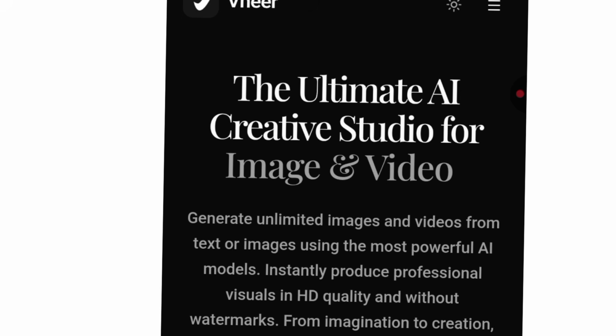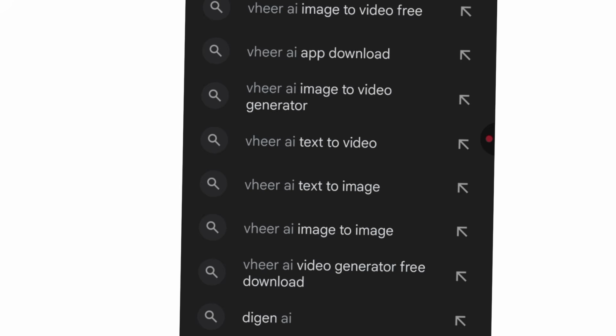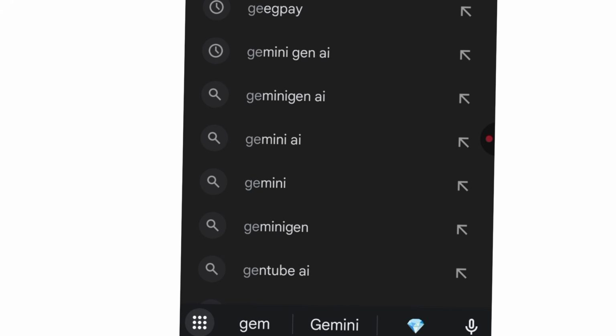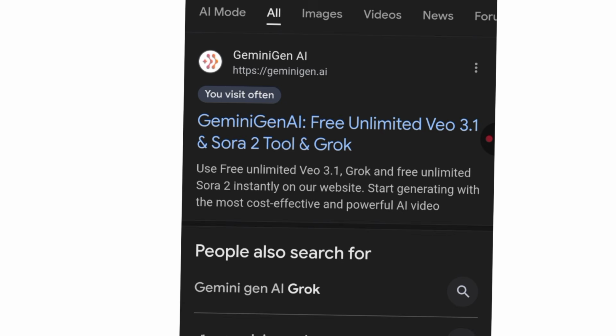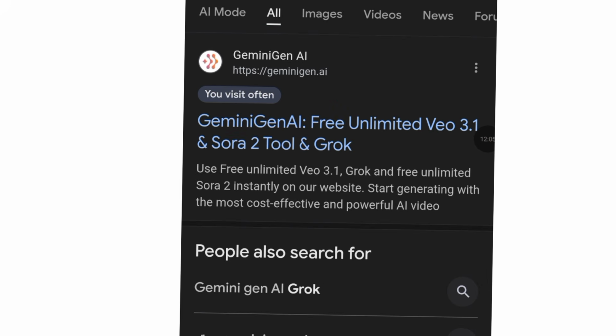So the next AI tool we'll be talking about this evening is GeminiGen AI. GeminiGen AI, guys. So this is it. This is their logo here. I've gone ahead to click on it and it will take me to another interface. So one thing about this GeminiGen is this: you need to log in.